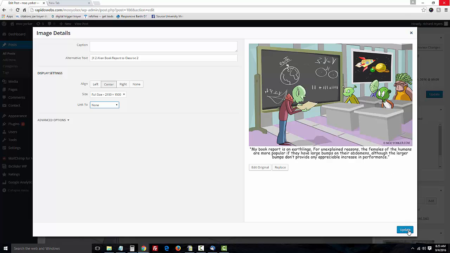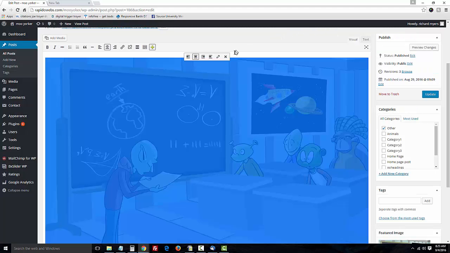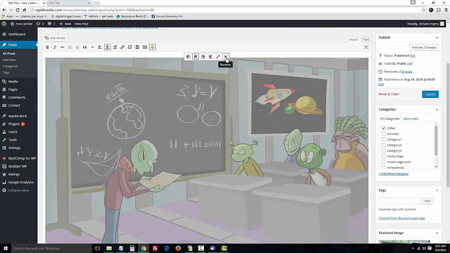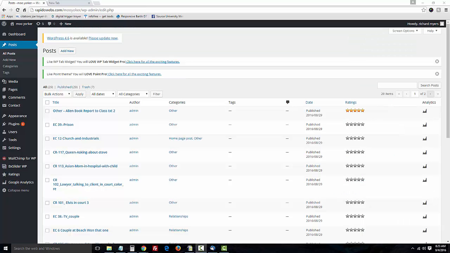When you're done, you would hit the update button. Just going to close it out. And if for some reason you did want to delete this, you could just delete the image here and start over. And I'm going to go back to post to show you how to add a new post and delete one. Okay, so I'm back here to the main list of posts. I'm going to add a new post,